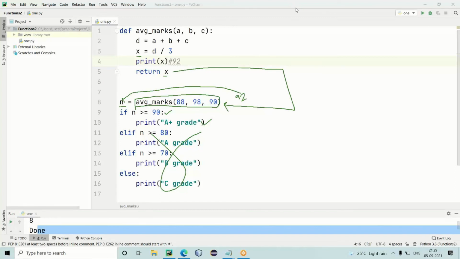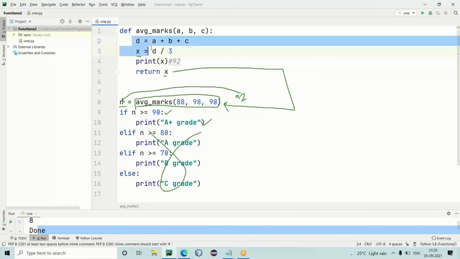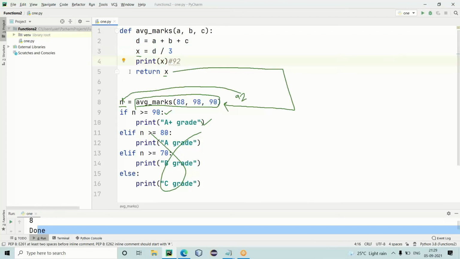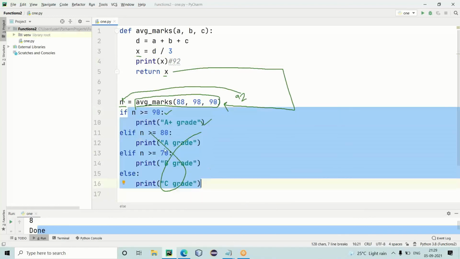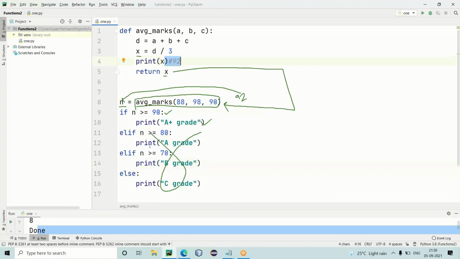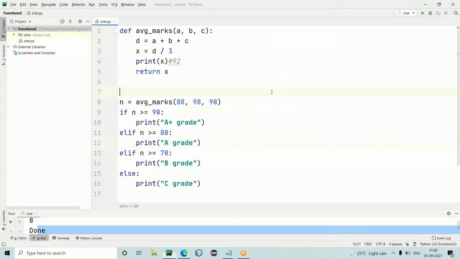So is it mandatory to return a value? No. If the task is to calculate the average, then no need to return. Here is the average calculation logic. So that is over. But basing on the average value, if you want to determine the grade, if you write the grade logic outside the block, then definitely this value is required. Average value is required. So if you really want to use that value from outside the block, then you return. Otherwise, it is not required. If you really want to use this 92 from outside the block, then you return. If you don't want to use that, then no need to return. So it's not mandatory to return. Okay, that is what the concept is.